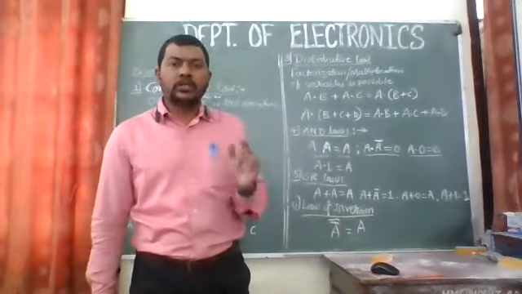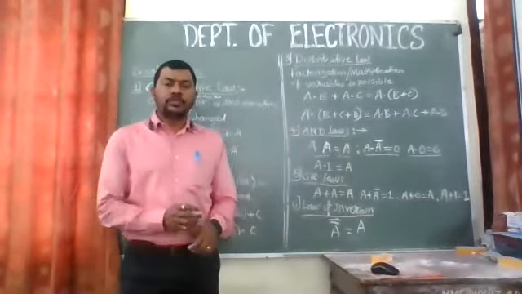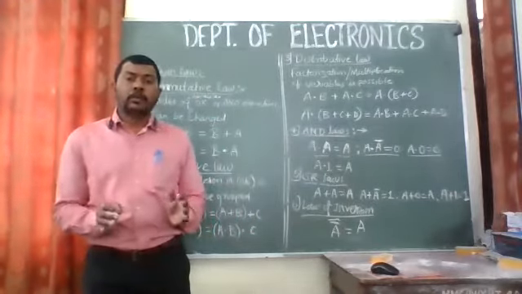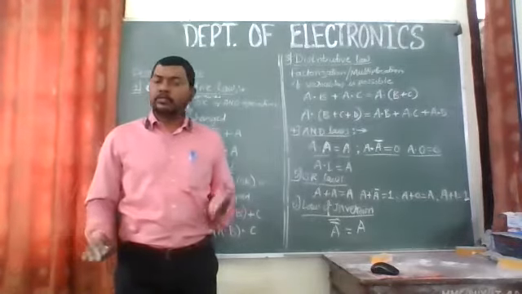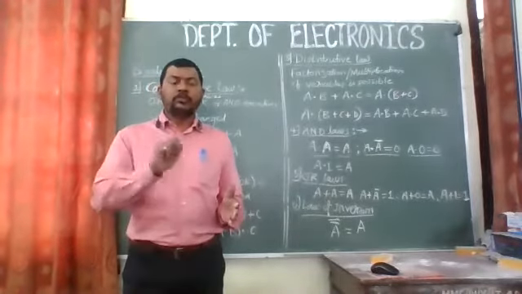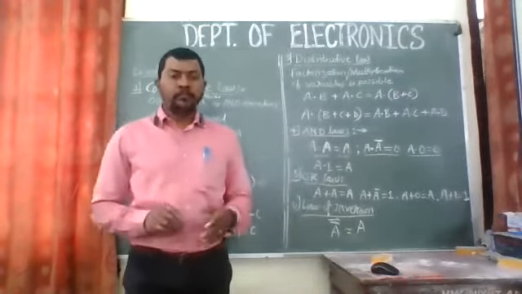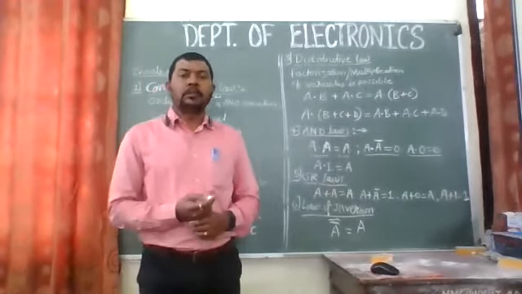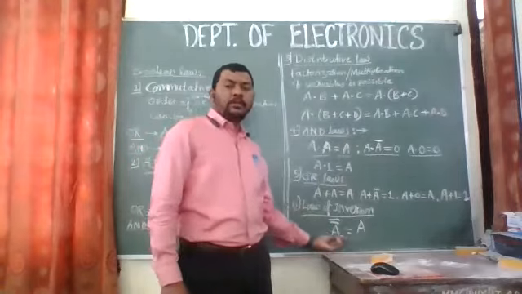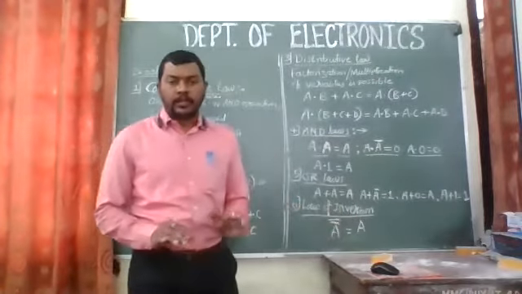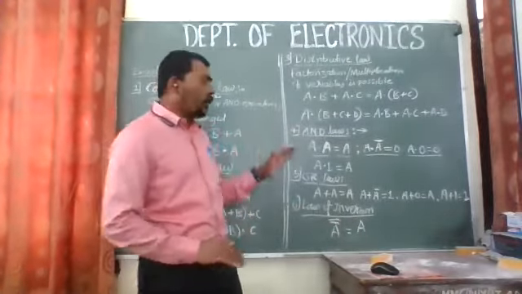So we have completed five laws, and the last one is the law of inversion, in which we say that if we have a variable with double complement, it will give you the variable back, right? We did it yesterday. So we had two complements at a time, and they cancel each other out, and we write A double complement is equal to A only, right?